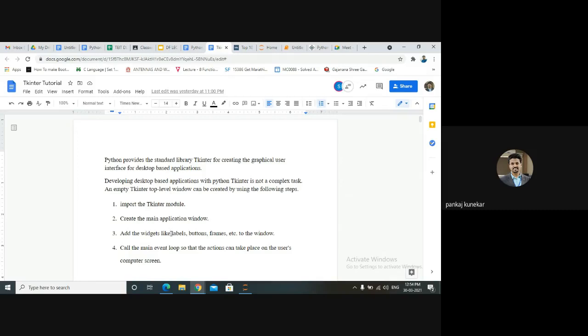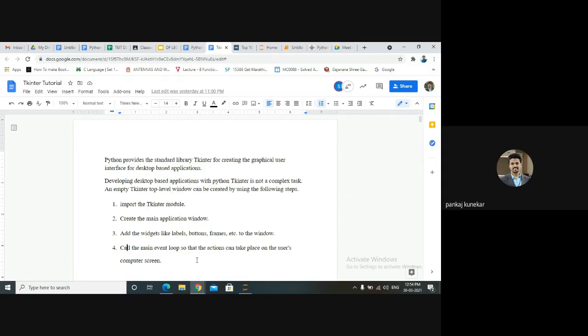They are graphical user components called widgets. There are many widgets available in Python. And the last and most important part is the main event loop. We need to call the main event loop so that your actions can take place on the user's computer screen.